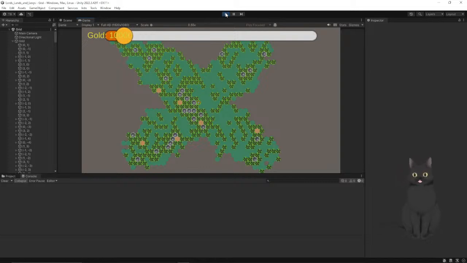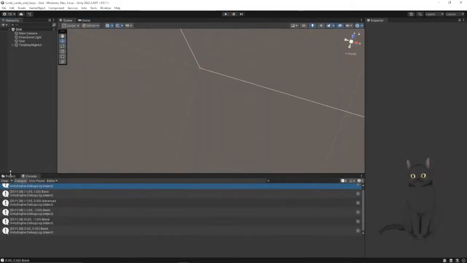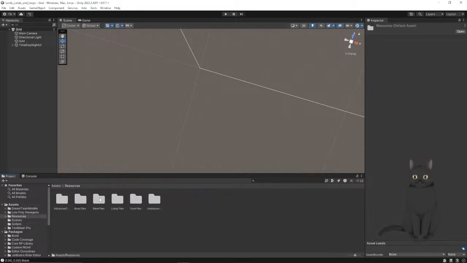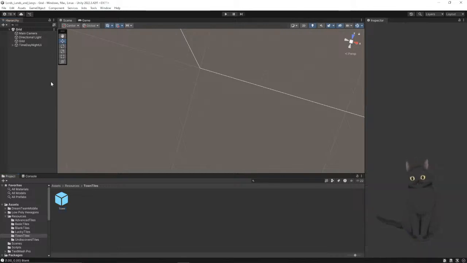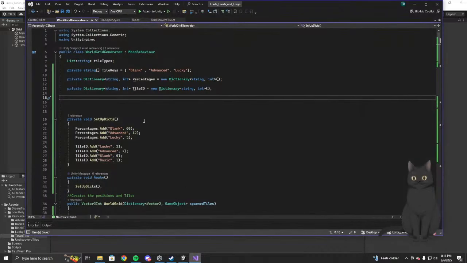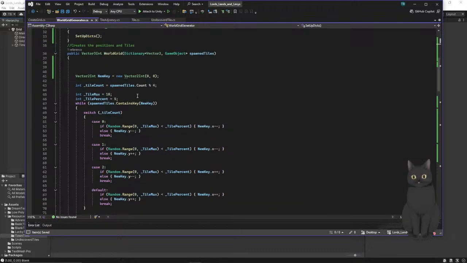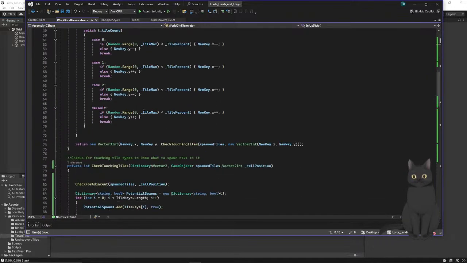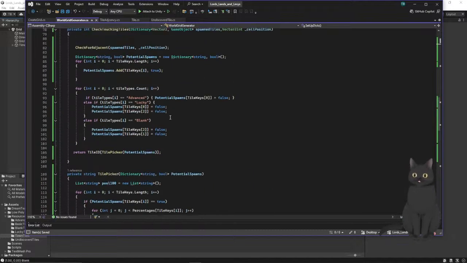I think I need to add an if tile tag equals home. Does it have a tag currently? It is tile type home. Okay. Then if it is tile type home, see, this is where it comes in to be a little easier to just modify it now. Because now I can say